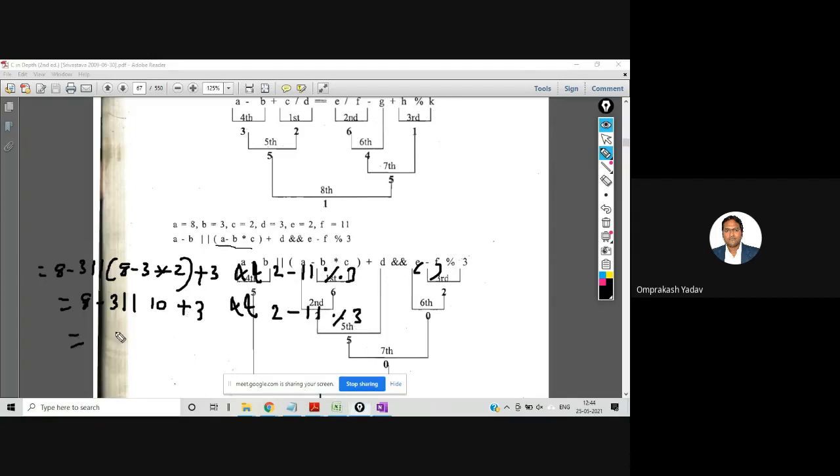Now this is the combination of the logical operators and the arithmetic. Just as relational operators have less precedence than the arithmetic operators, similarly the logical operators also have less precedence than the arithmetic. So first we're going to resolve the arithmetic operators. But among the logical, AND has high precedence and OR has low precedence. So remember that: at the end we will solve AND first and then the OR. Now we'll solve this minus first. So 5, or